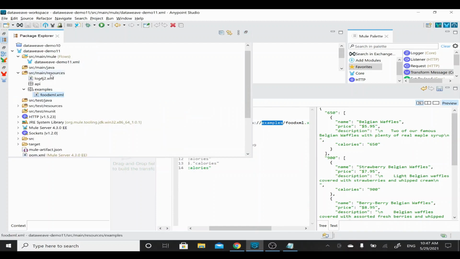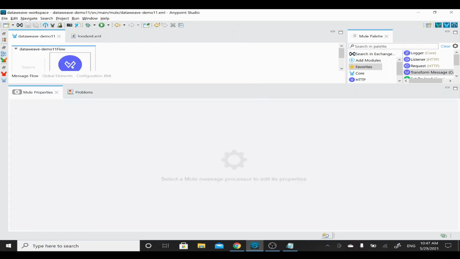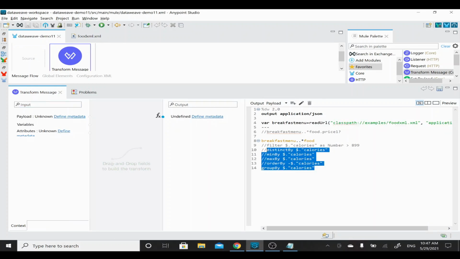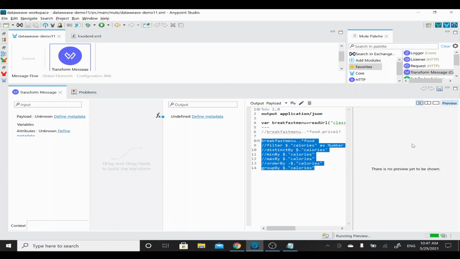In my package explorer, I put it under the example as food XML, which I referred to through the read URL function, where we have to pass 2 arguments. Using that, we applied these different functions and took the output which we have seen in the preview.